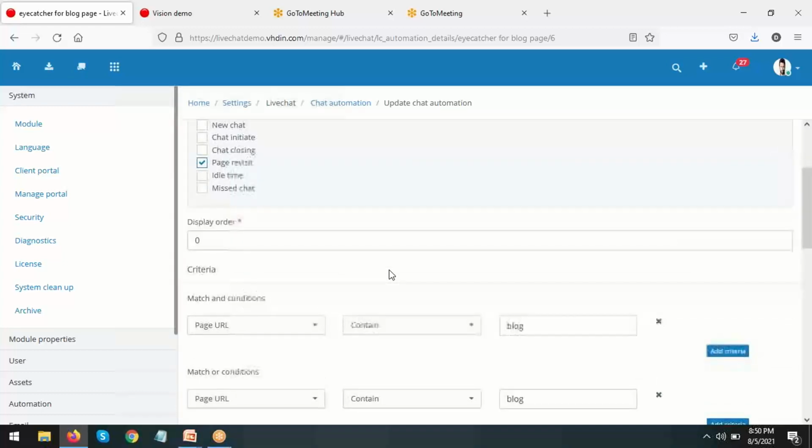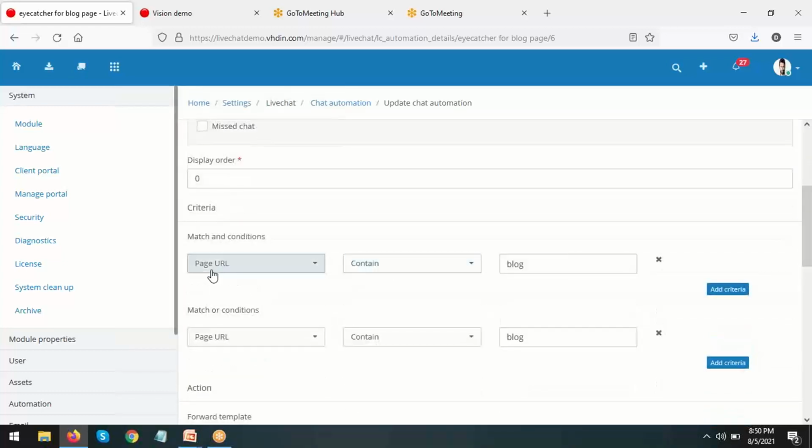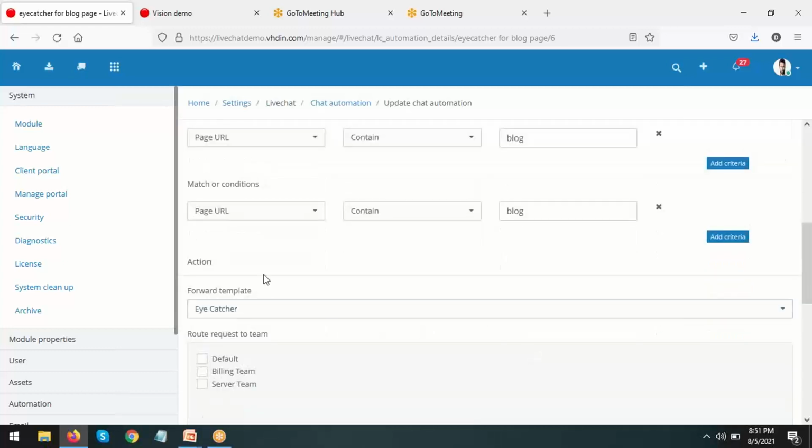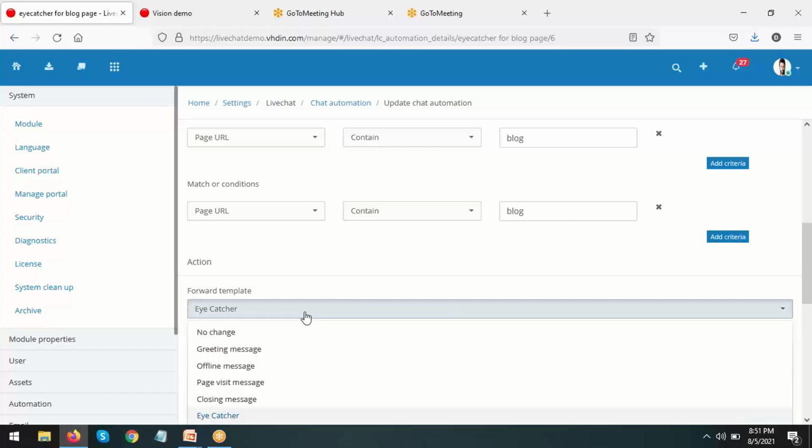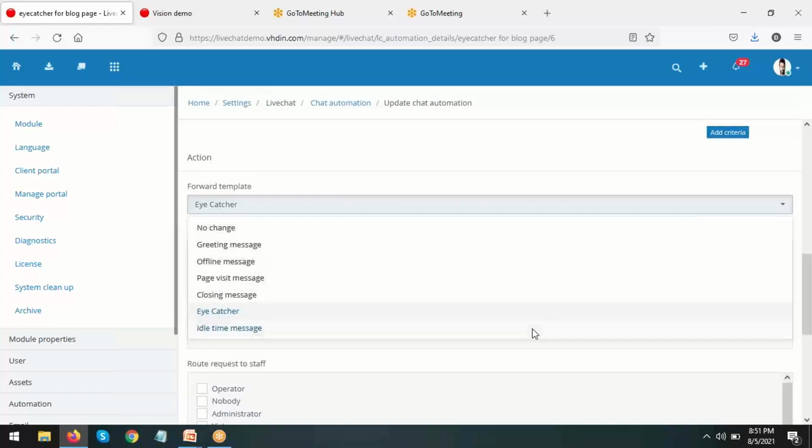And under criteria, I've added that if the page URL contains the blog keyword, then under action, I've triggered that this particular message template should be shown to the customer or to your visitor. I've selected the template from here.